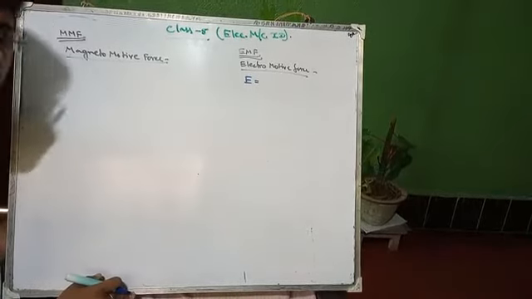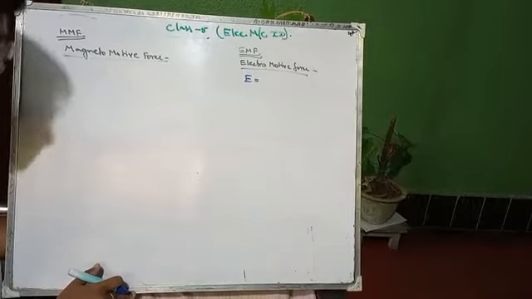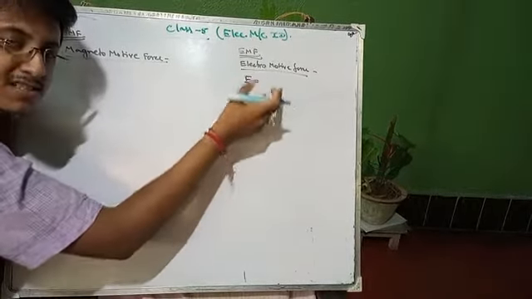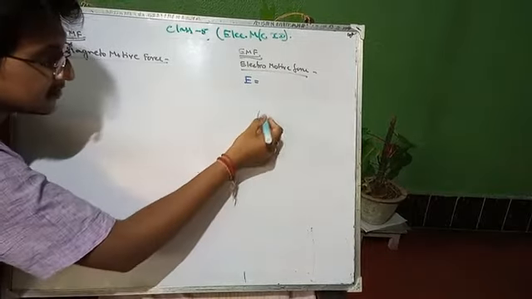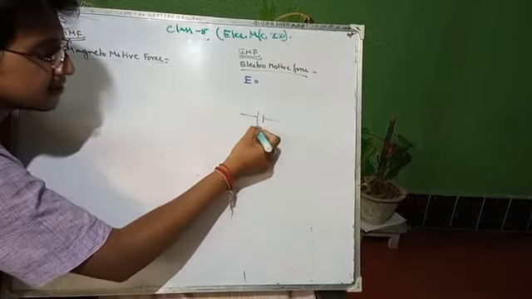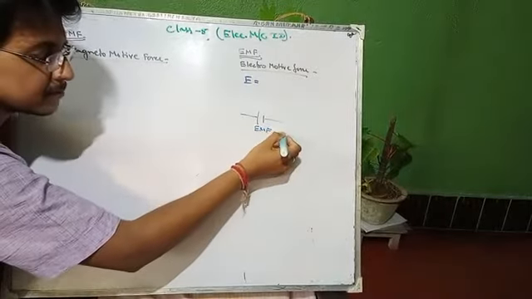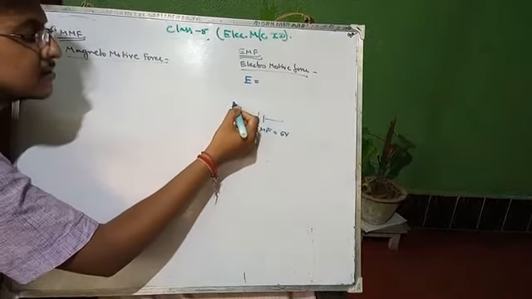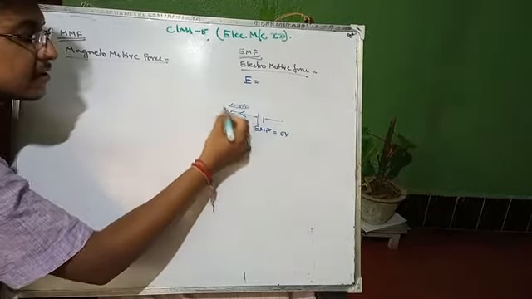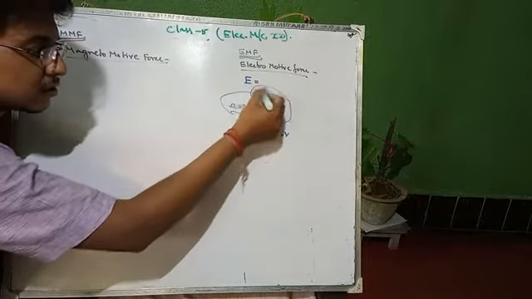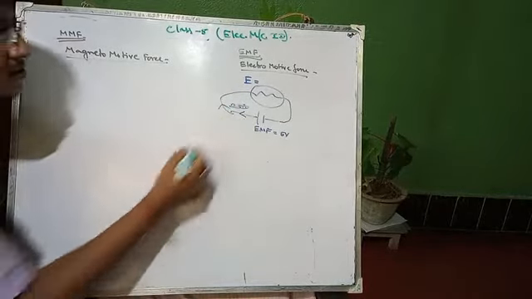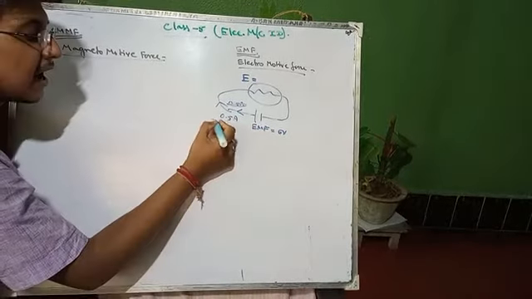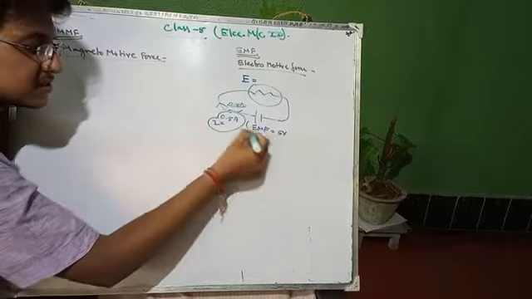Which is due to the flow of electric current. So here, electromotive force is an effect which produces electric current, right? A battery has some EMF. Suppose a very simple battery has 5 volt. This 5 volt is able to send a current of, suppose, 0.5 ampere, or whatever the load connected over here predicts. So the current I is produced by this EMF.